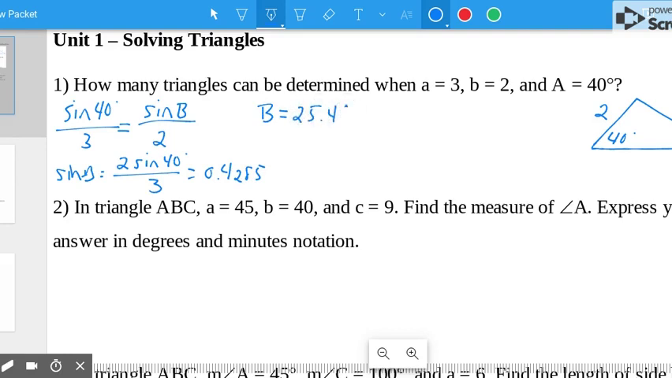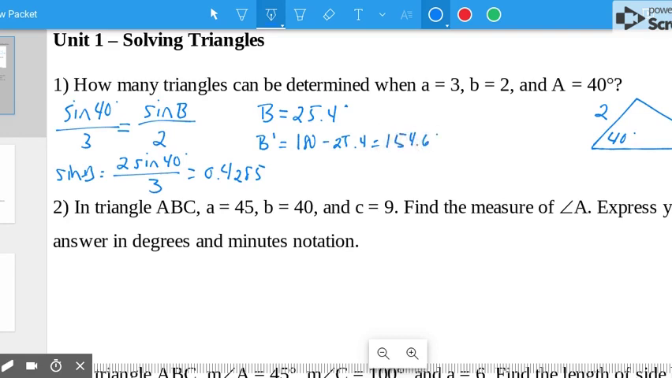So that tells us, in this case, since we didn't get an error, that there is at least one triangle. But remember, with law of sines, we also have to be checking to see if there's a possibility for a second triangle. So to do that, we're going to find the alternate angle B, B prime, and to find that, we find the supplement of the angle that we just found. So the supplement of 25.4 is